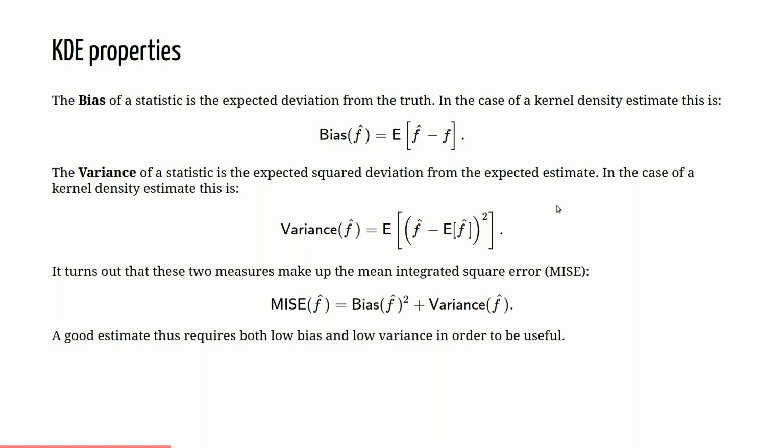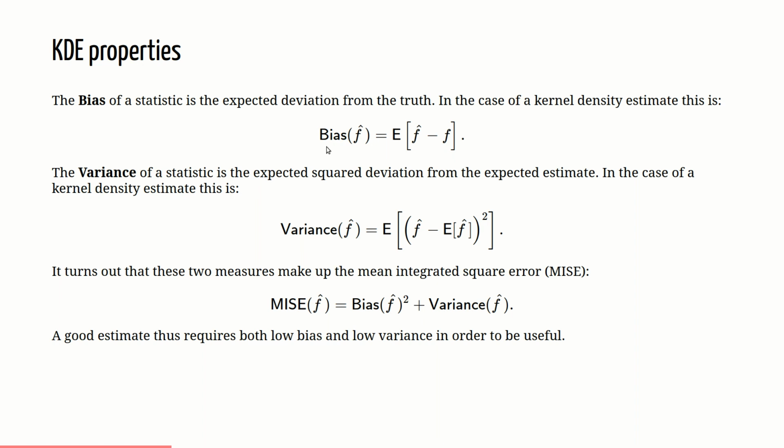reasonably straightforward. We can describe the performance of a statistic or of a statistical estimator in terms of how good it is on average, which is the bias. So it's basically how far away from the truth does our estimate get. So we have our estimator, our estimate f hat, and our truth f, which is most of the time unknown. Then how far away it is on average is the bias, right? And so you want that to be small because you want our estimate to be equal to the truth on